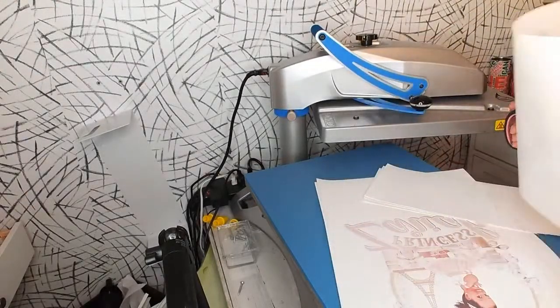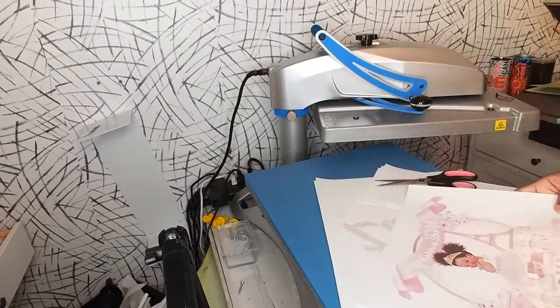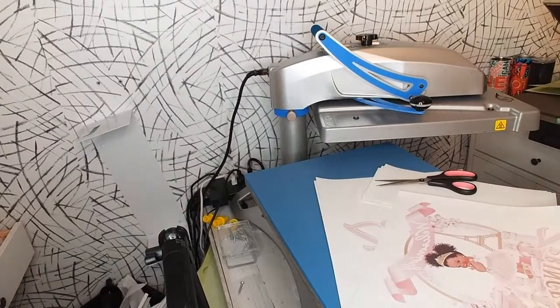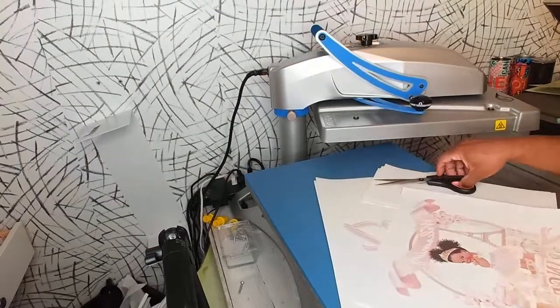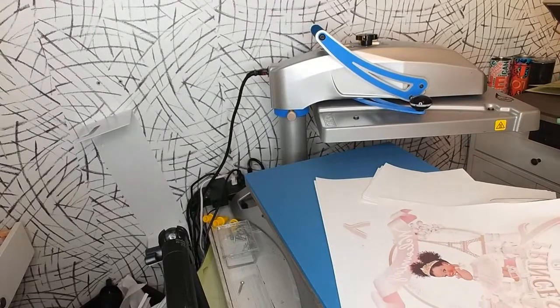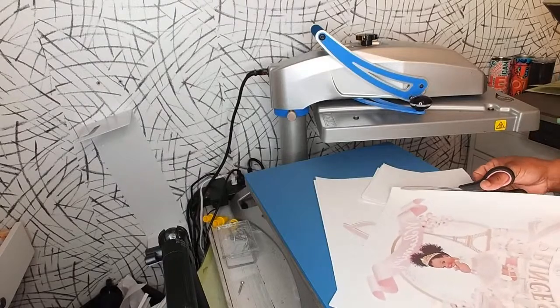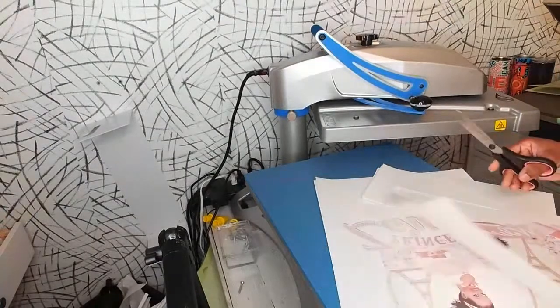All right. Of course, some scissors, because you always want to cut down your image. I'm not cutting it around and all that stuff. I'm just going straight up the sides of it. And I'm doing this so that if there was any ink on the edges, like let's say it got caught